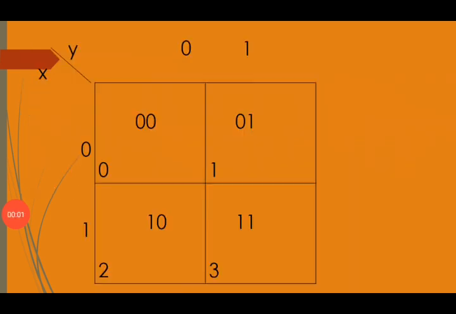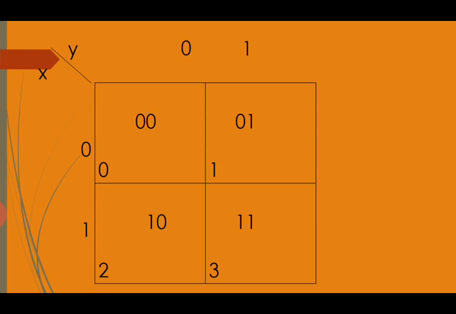Now students, here you may see a big box which is divided into 4 parts, or you may say there are 4 boxes, arranged the way we have discussed earlier in the game, or we may call it a matrix with 2 rows and 2 columns. Right now we are focusing on this matrix, and in it x is used as the row variable and y is used as the column variable. These are Boolean variables, so either 0 or 1 can be there for these variables at a time.